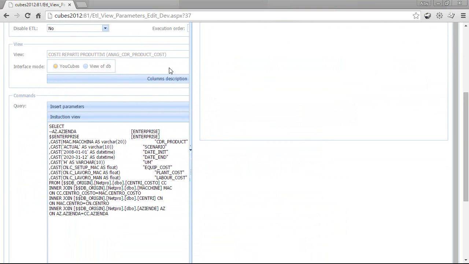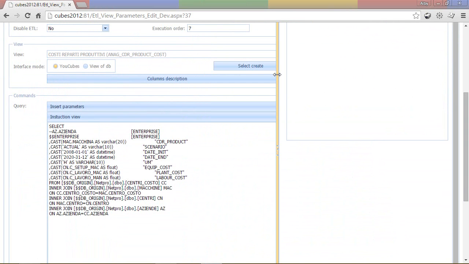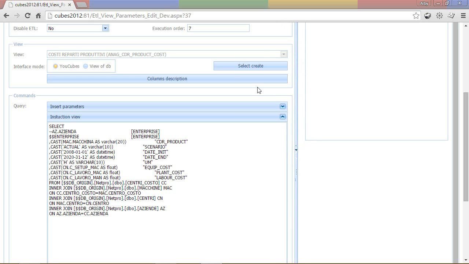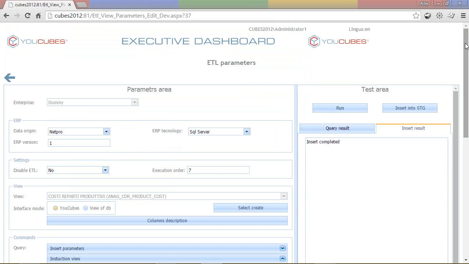The last step after interfacing all the staging tables needed is to set the execution plan for the ETL process. This activity is usually undertaken by the company parameterizing YouCubes. We will now see the last thing you need to know when interfacing YouCubes. In some cases, there is a need to execute specific queries on staging data before this is moved into the data warehouse. The most frequent cases are update of some content with values from the data warehouse,